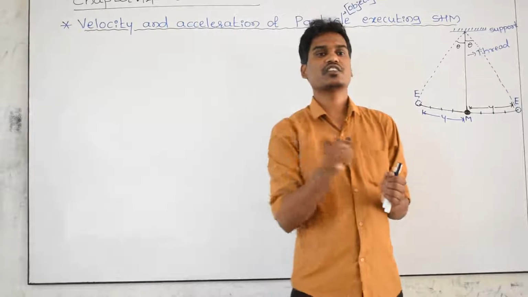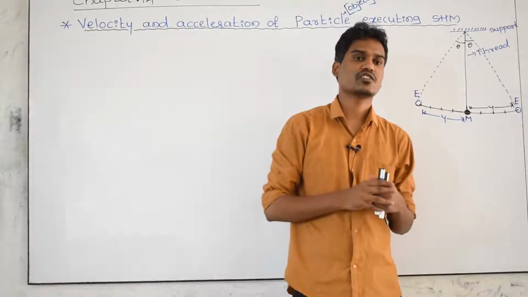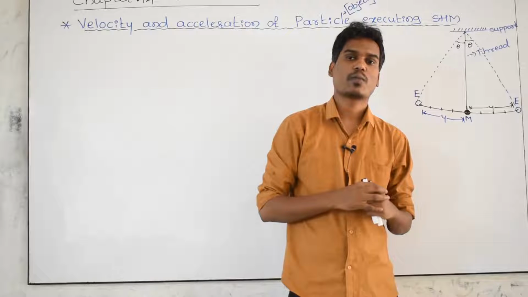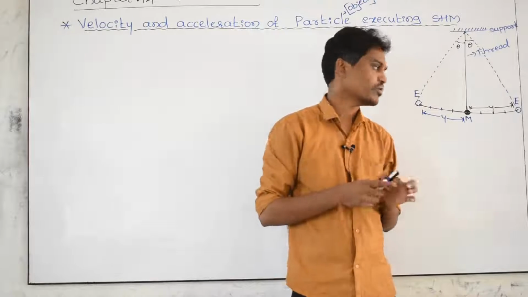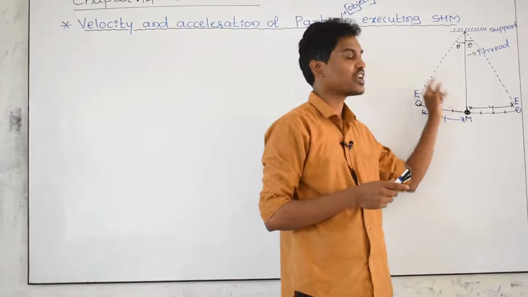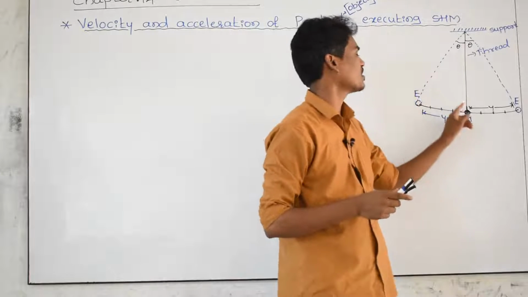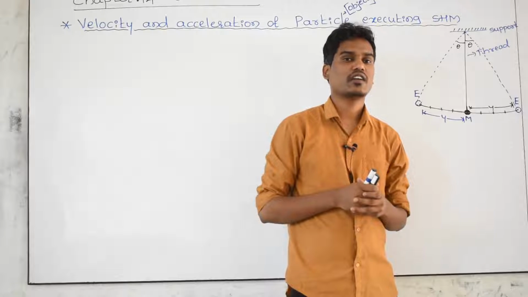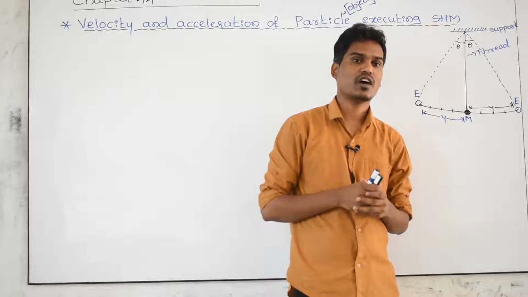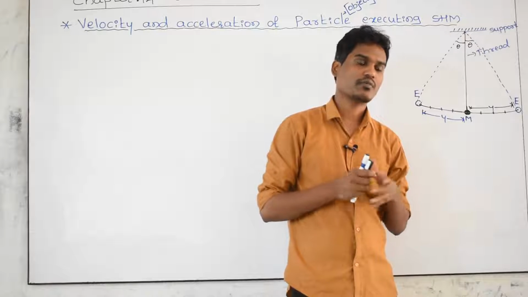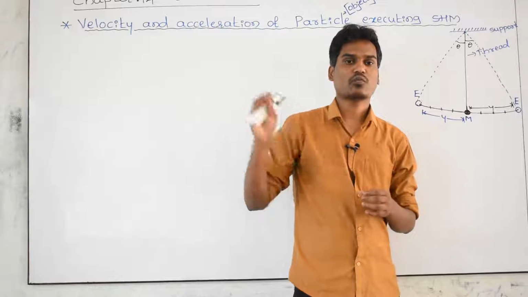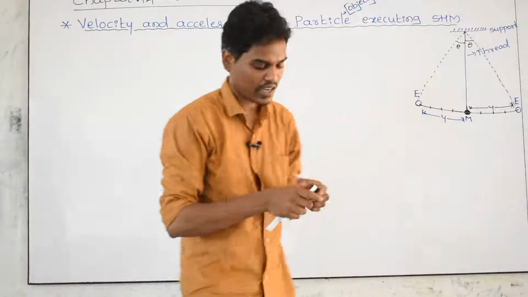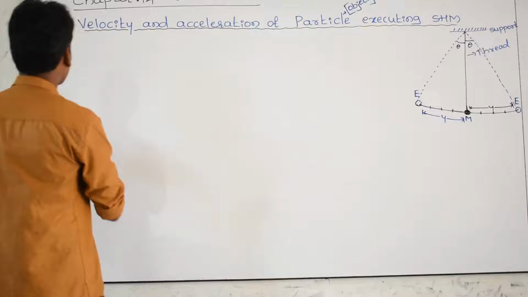Whenever the object is making oscillations or a simple harmonic motion, at each and every point, what is the velocity of this body? I have taken here a particle. A particle is nothing but an object. How to find out the velocity of the particle whenever it is in simple harmonic motion? There is a formula. That formula now we have to derive. And in the last class I have already derived, if the